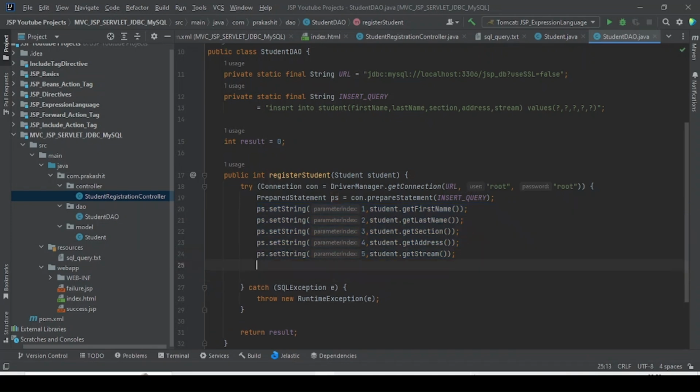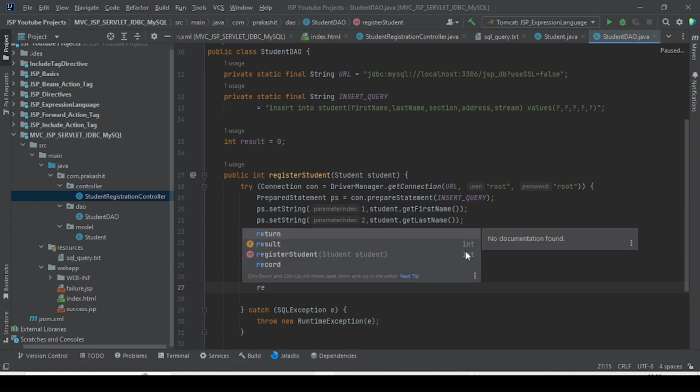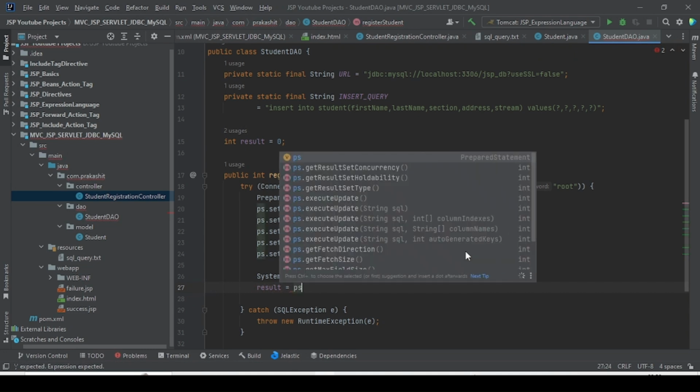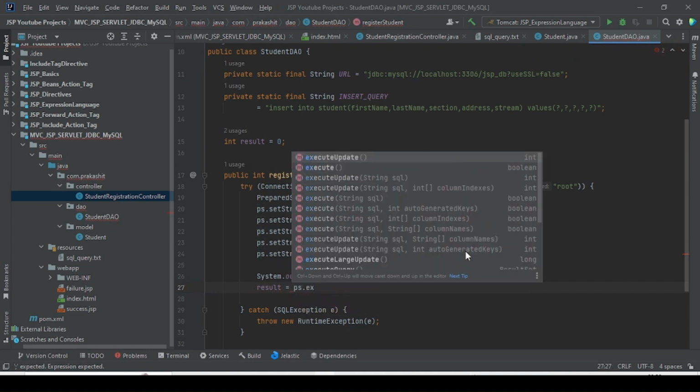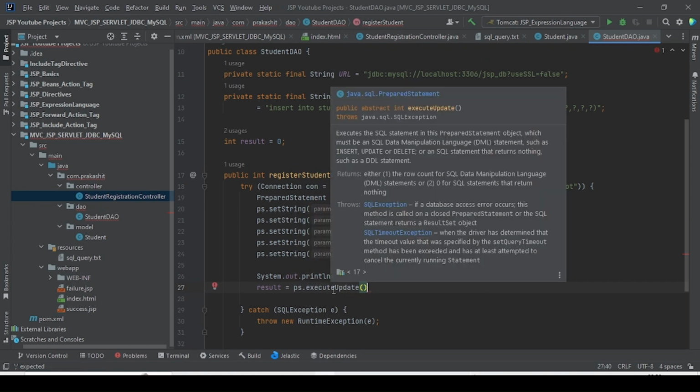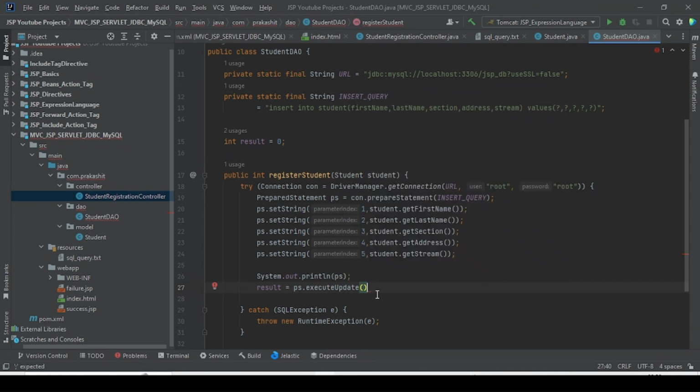Before executing the query, I would like to print the prepare statement we have built. This is the thing I just wanted to do, and result is equal to ps dot execute update. This will execute the update for the insert statement, for insert, delete, update, these things. So it will insert the record into the database,